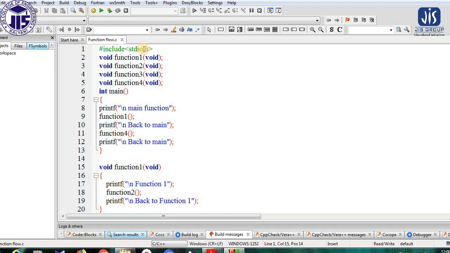Within this header file this printf function already exists, and as you can see, whenever I click on the printf function, it gives a specific format or syntax, int printf, then constant character, like this. This syntax is predefined within the function definition. That's why this printf function is called a library function.